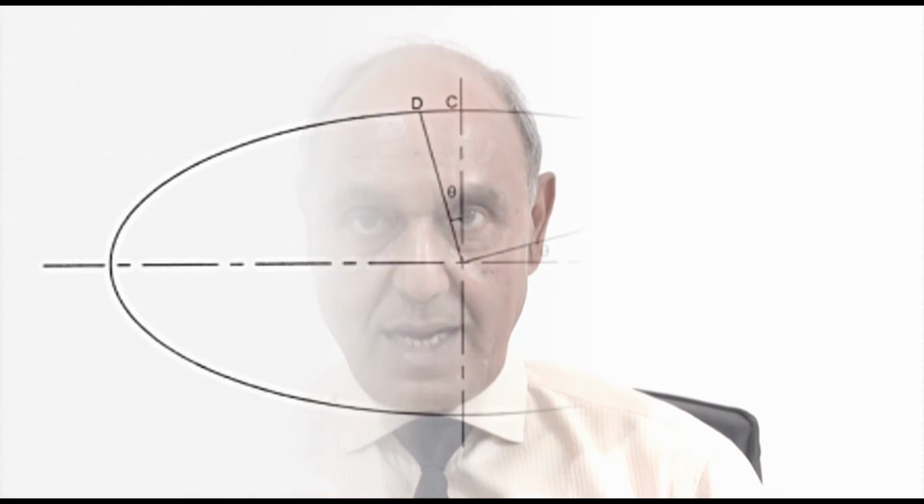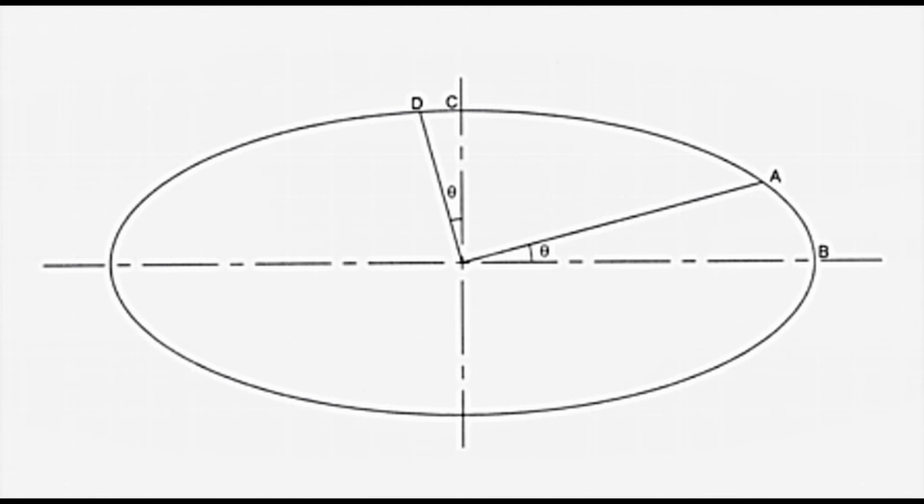Looking at the diagram that presents the rotation of the driven yoke in the form of an ellipse, it may be observed that arc AB is bigger than arc CD. Arc AB represents the distance travelled in the vicinity of the major axis, whereas arc CD represents the distance travelled in the vicinity of the minor axis.